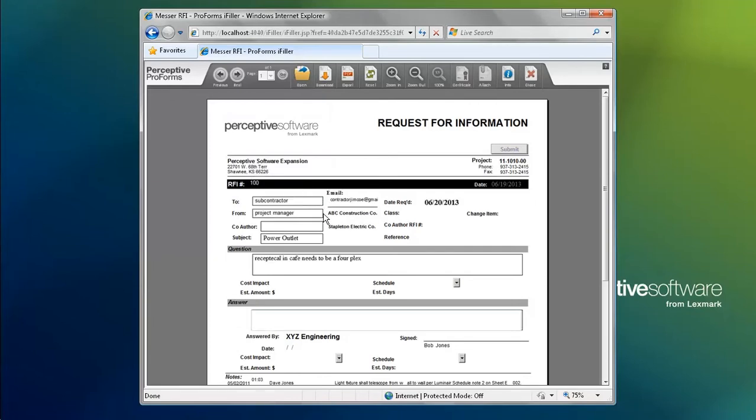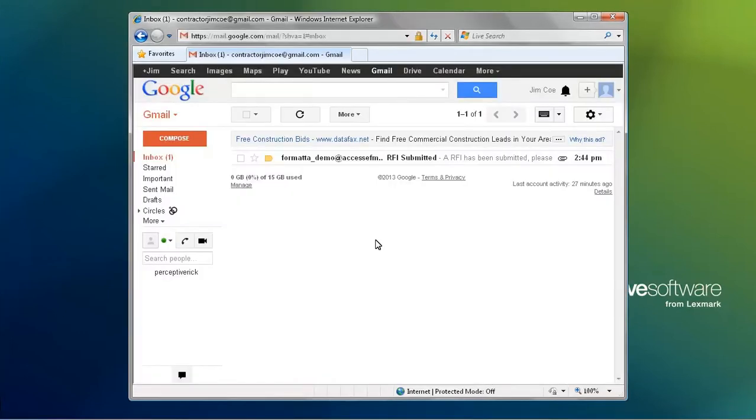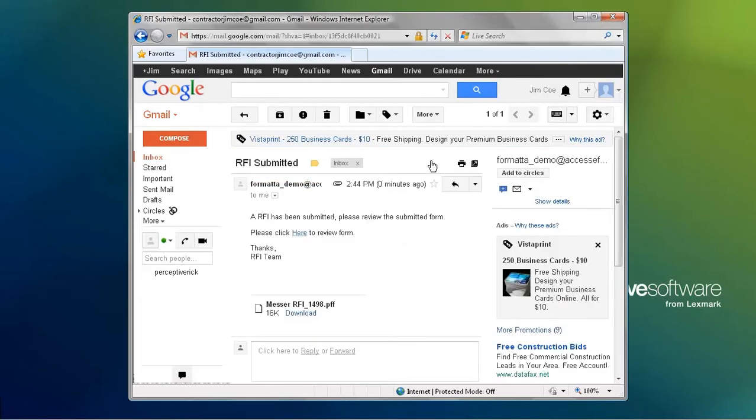After entering all the necessary information, the project manager then submits the form. As we can see, this form has been submitted successfully. The contractor receives an email notification that an RFI has been submitted for his review. At this point, the contractor reads the email, and within the body of the email, he has a link to